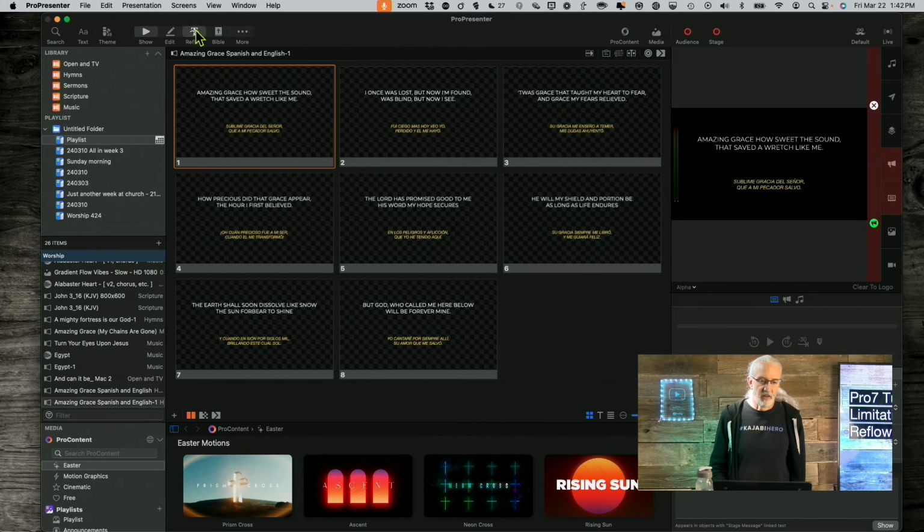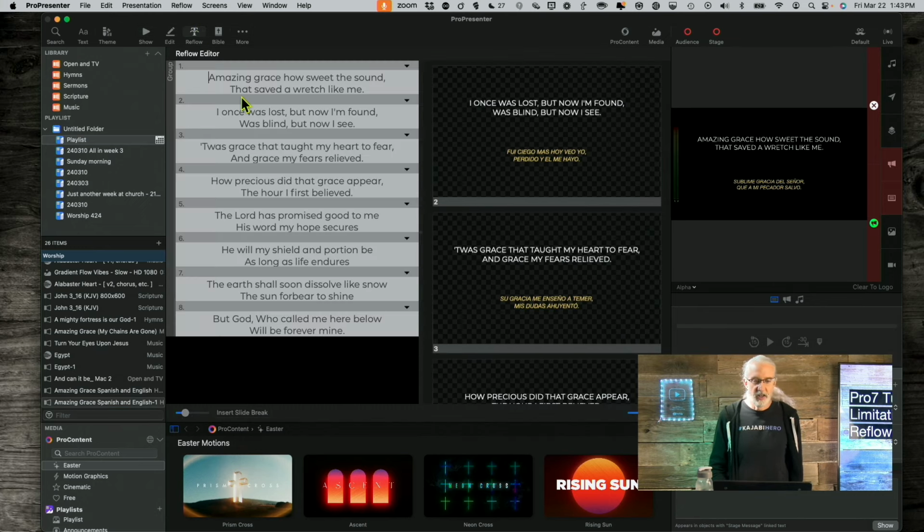Now if I select one of the slides and go to Reflow Editor in this, notice this time we've got text over here, but we only have from the first text box once again. Well, what happens when I combine this slide with this slide? So